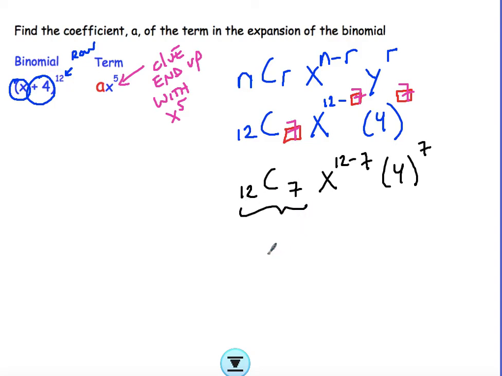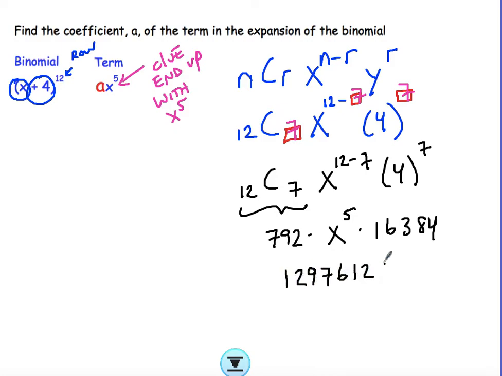So let's get our calculator out, do 12 choose 7, and you'll get 792. And then this will be an x to the 5th. And then I have to do 4 to the 7th. And 4 to the 7th is a big number. Let's see here. It will be 16384. And I need to multiply that by 792. And I'm going to get 12,976,128